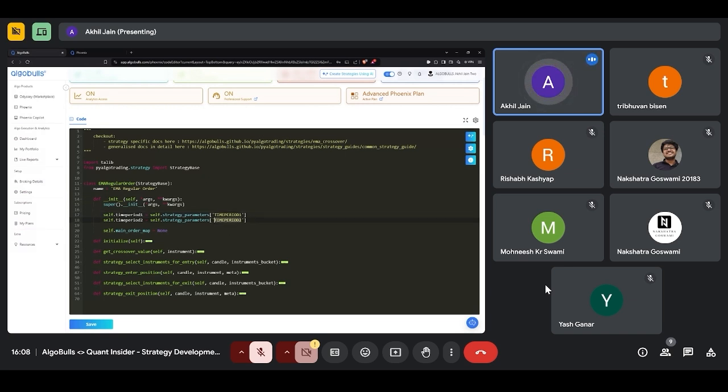Such parameters will be taken from outside and accepted here into these variables, and the strategy will work on those two values. Now, let's say we want to change the values, we'll change those. In this case, we don't have to change the code. That's the beauty of this, because we are accepting these from outside.